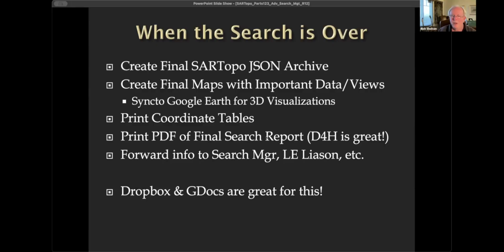And then I'll do a final D4H search report and so forth. And I'll forward that to the search management team, and I'll generally forward it to